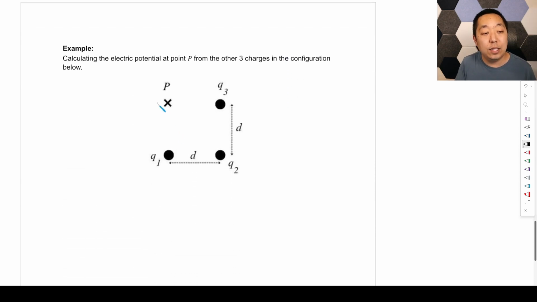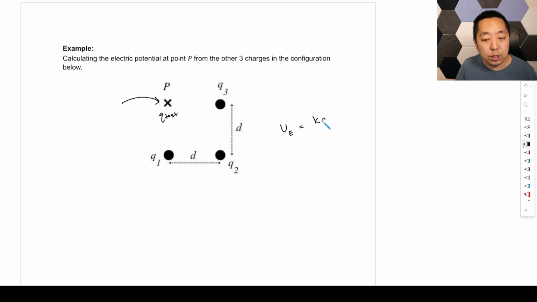So let's calculate the electric potential at point P from the other three charges in the configuration below. If we think about this part here, let's imagine we put a q test right here. So then let's think about the potential energy. We're going to do it the long way, and then I'll show you the shortcut. The potential energy of the system, just like we did before, is going to be for 4 charges here, right? So it's going to be